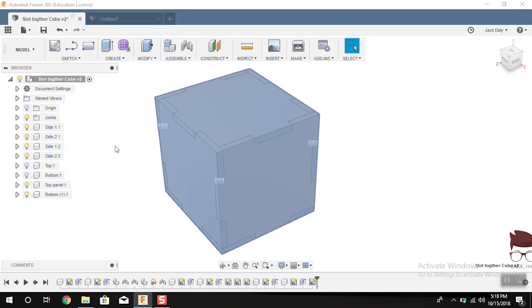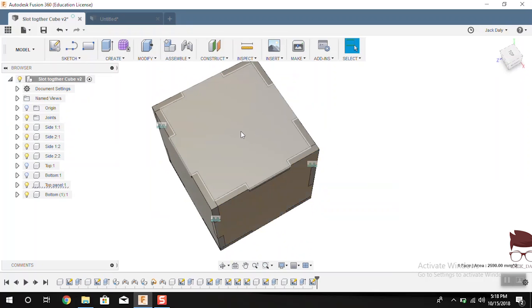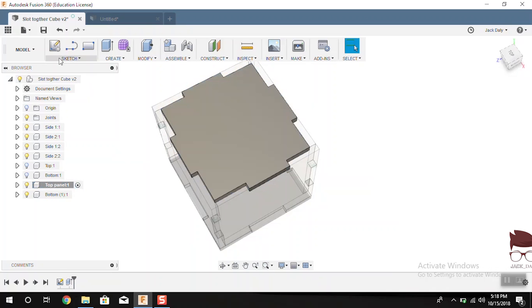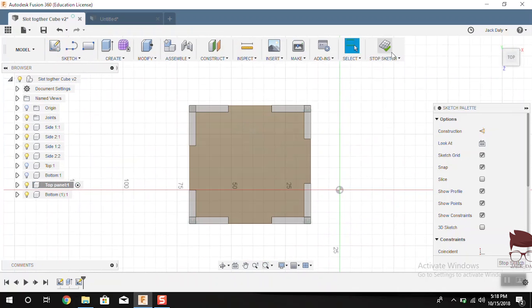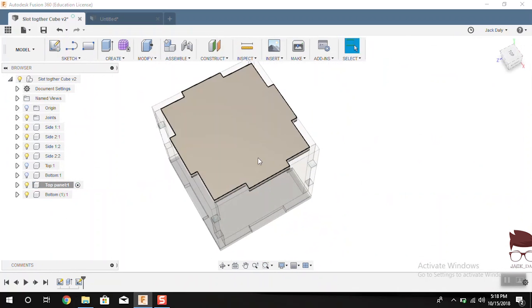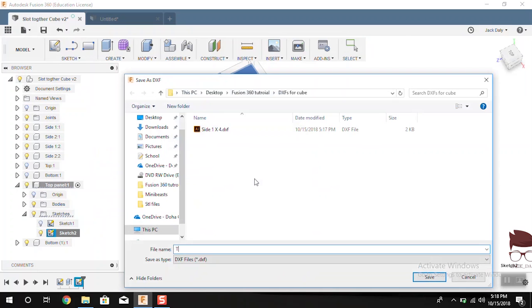So come back, make this the active component so you can see everything. So I think we will do this one. What is that, the top panel? So then click make that active component, create sketch, click on the face you want, come up to the top right, click stop sketch, take note of what that was called, so sketch 2, let's go to sketches, right click, save as DXF, we'll call that top panel,